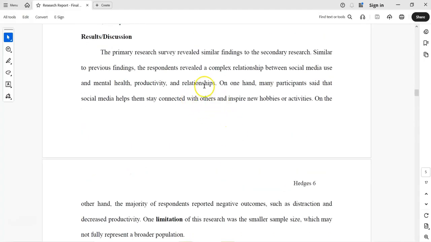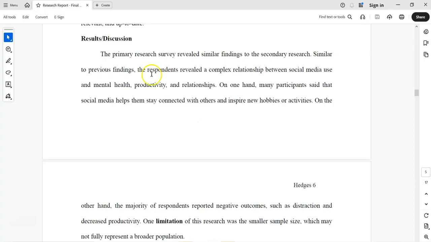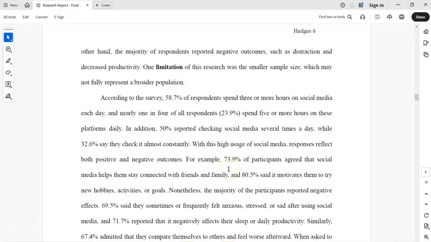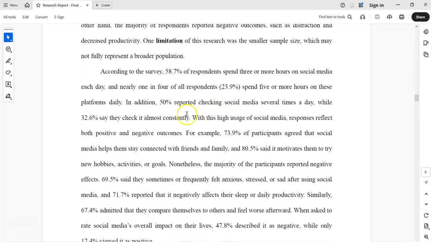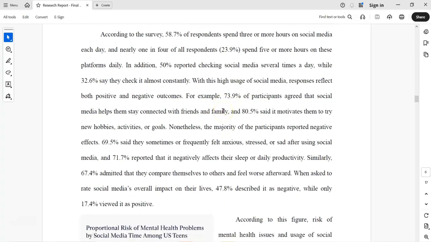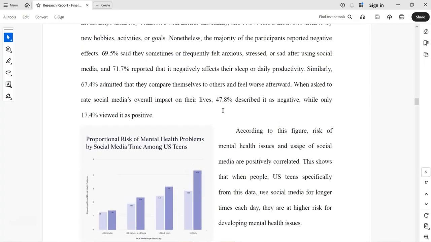Now you combine the results and discussion sections. So let's see how you did here. Primary. Your grammar and everything's mostly great too, by the way. Limitation to the research, good. Include that. Talk about it again. And then you talk about some of the statistical information that you discovered. And then you have your